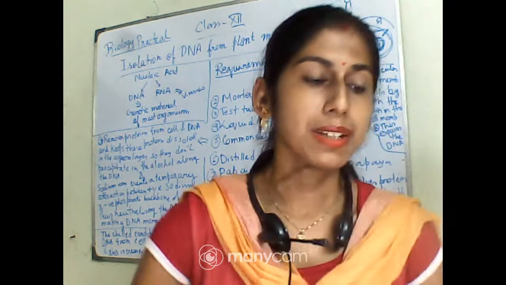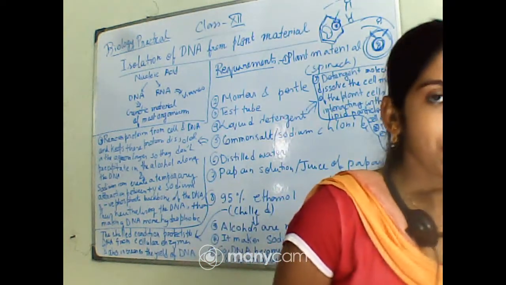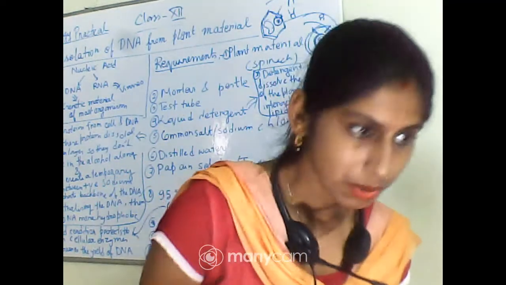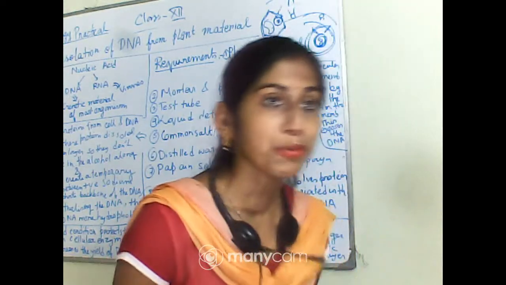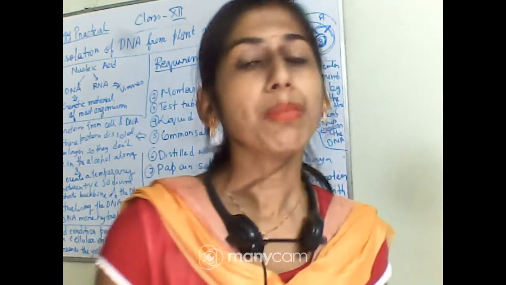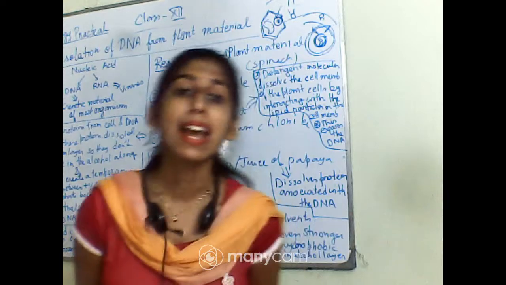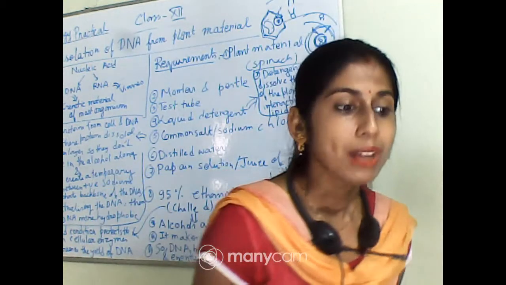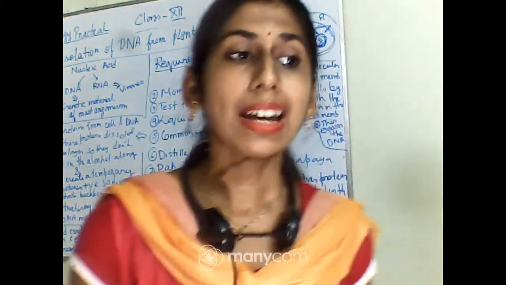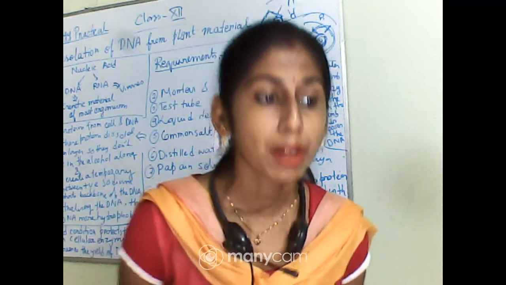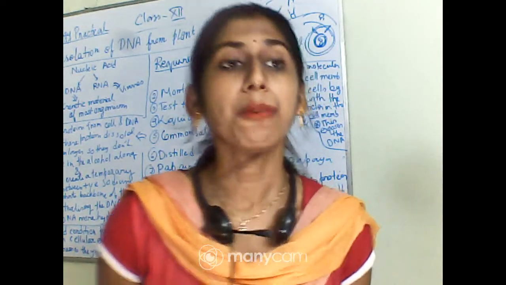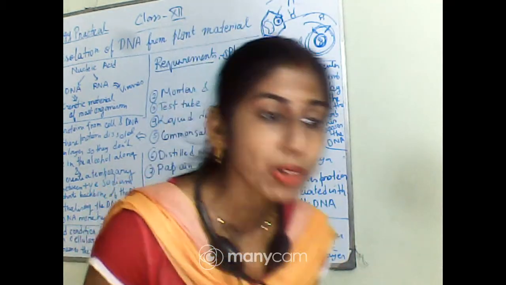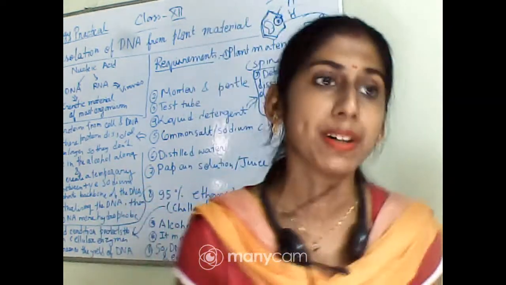So first let me tell you about the flowers which are anemophilous. Anemophilous means wind pollinated flowers. When pollination takes place with the help of wind current, these are called anemophilous flowers. And what will be the different criteria that can be found in this type of flowers? Let me tell you. And what will be the example? A very common example of wind pollinated flower is maize.